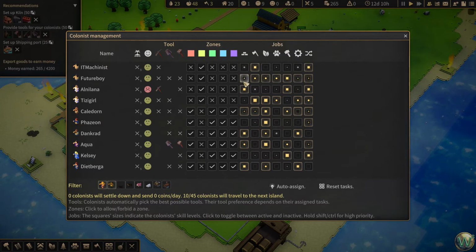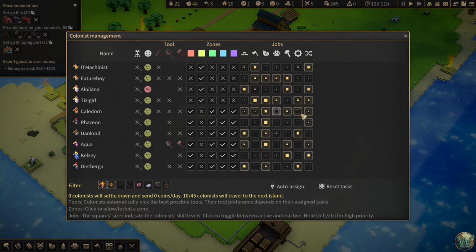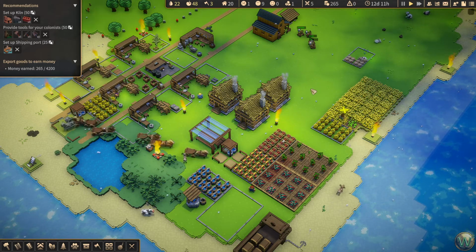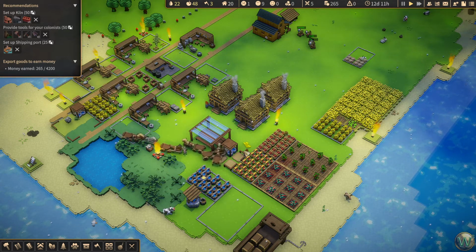If we look at the jobs, yeah, Future Boy, you don't need to do a few of these jobs. I'd rather you do these other jobs that you're a little bit better at, kind of thing. And we can do the same thing with everyone. And eventually we'll want to have people have 1 or 2 jobs themselves, like we do in other games like this. So hopefully,